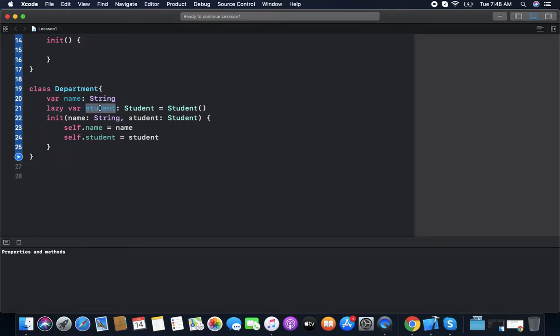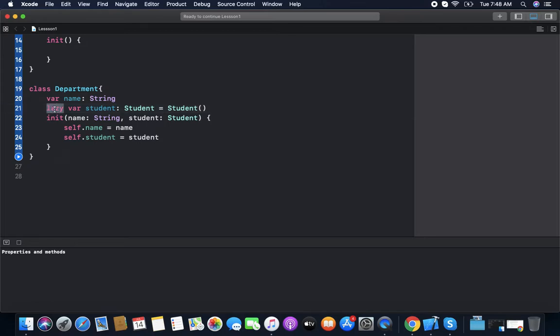There are two requirements with lazy. First, it has to be a class type. Second, it must have an initializer when we declare it. So we can create a Student object with an initializer using the lazy keyword.